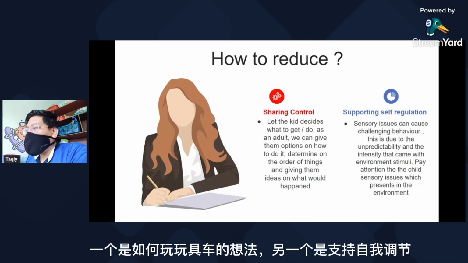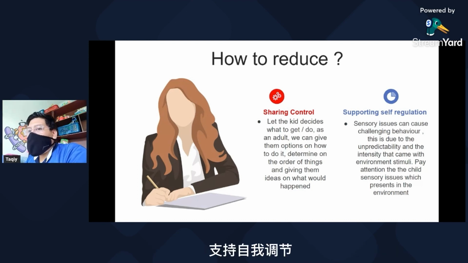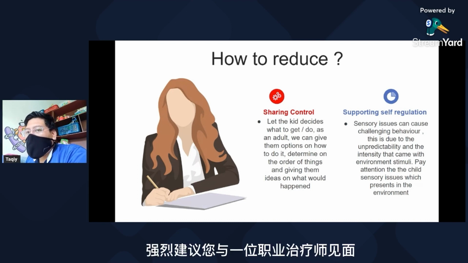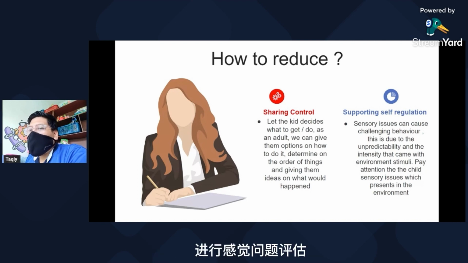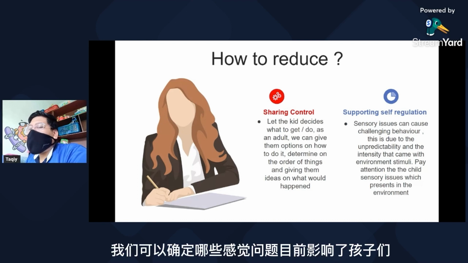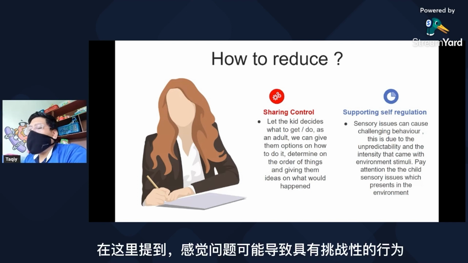Another one is supporting self-regulation. Before, I said if children have a sensory issue, it is highly recommended that you go and meet an occupational therapist for a sensory issue assessment, because through that we can determine which part of sensory processing is currently affecting the children. As stated here, sensory issues can cause challenging behavior.